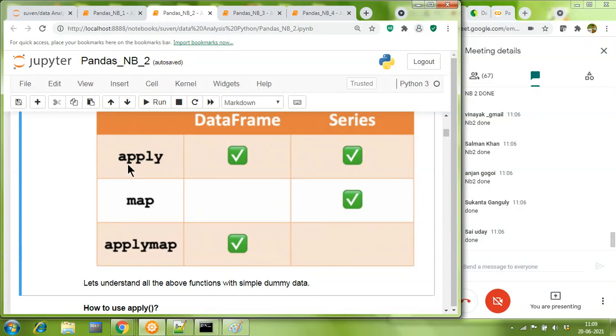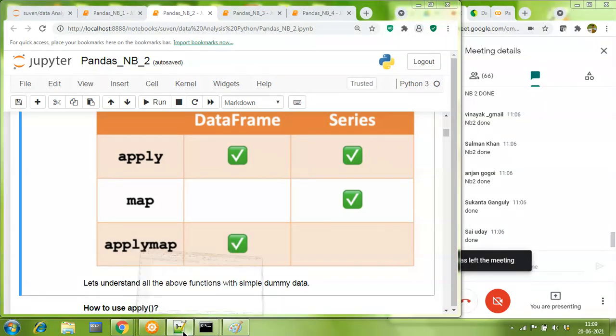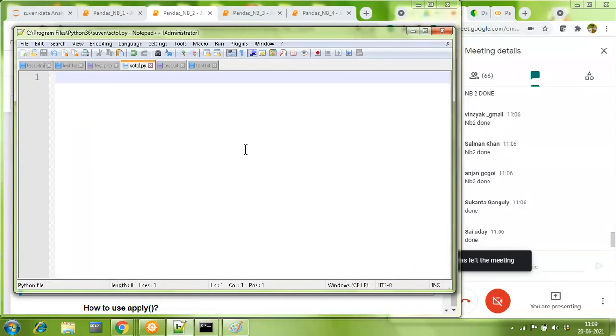A quick example of it would be, if somebody is saying to you that I'm giving you some numbers like 2, 4, and 6, and I want you to multiply every number by 2. I'm just giving you one hypothetical, super simple example. The point is that you want to apply some processing over every value, namely 2, 4, and 6. I will use the apply function. So the name also goes that way. Apply. You are applying some processing over every value.